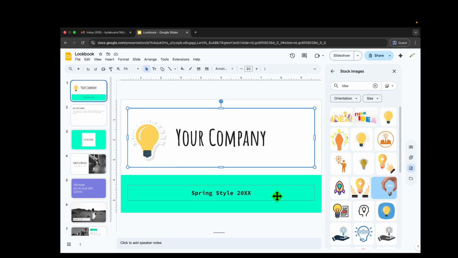It keeps you focused in one window, speeds up your design process, and helps you find visuals that support your message